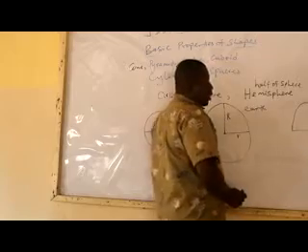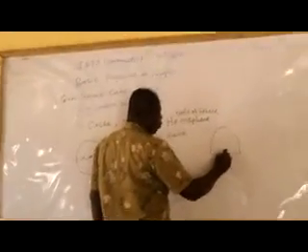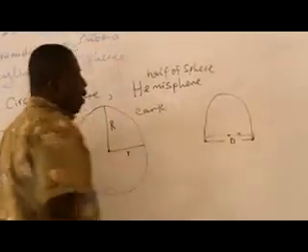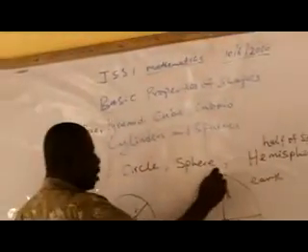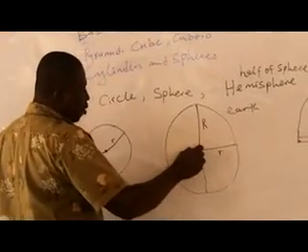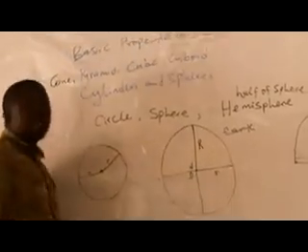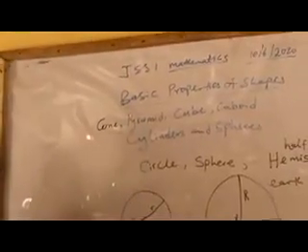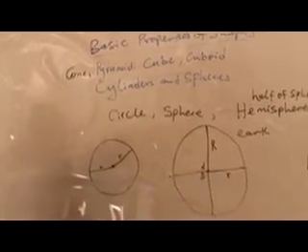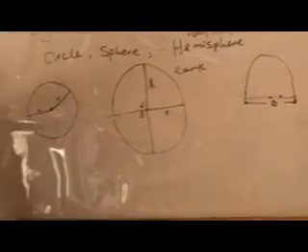A sphere also still has a diameter or radius from a particular center. This is the radius, while the distance from this point to this point is also called the diameter. Just like this one, the distance from this side to this side is called the diameter, while the distance from this point to this point is also called the diameter. So this is about a sphere and a circle. They have similar properties, but they differ in their shape. So I want you to take a closer note of this, so that when we continue to mention them, you will not get confused.